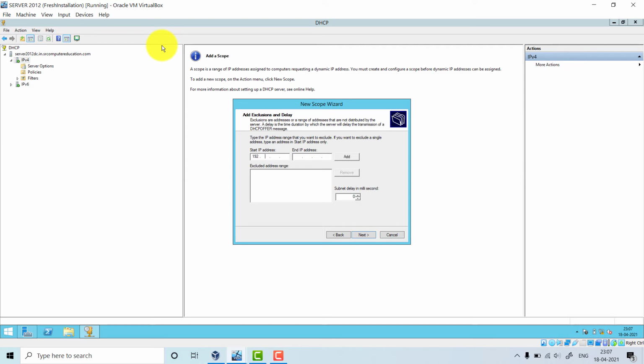Let me give here 192.168.8.10. Okay. Suppose you can also give a range, 8.10 to 8.20. So the DHCP server will not assign 8.10 to 8.20, all the addresses in between, .11, .12, .13, .14, to any client machine. Okay, it will not assign. Right now I am keeping only one